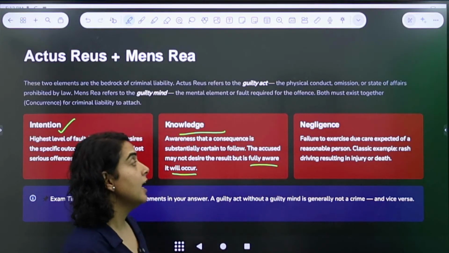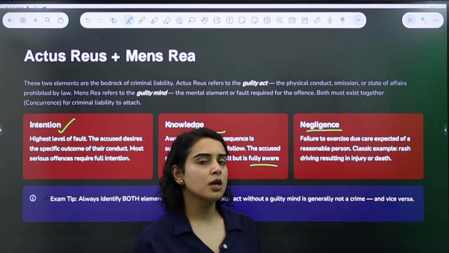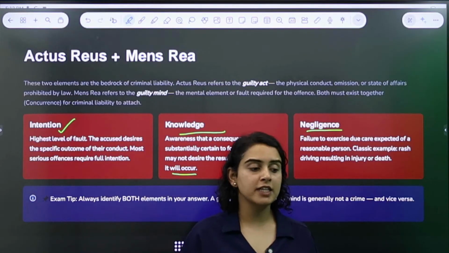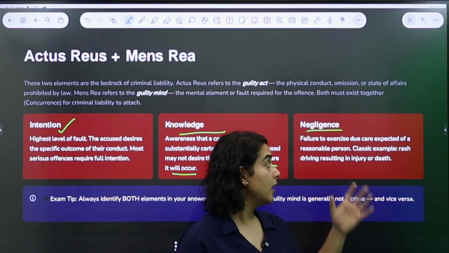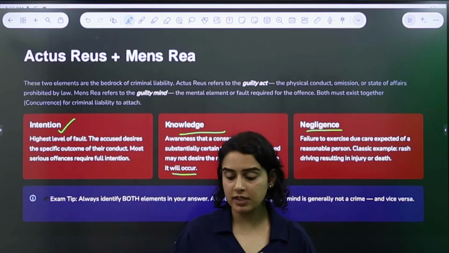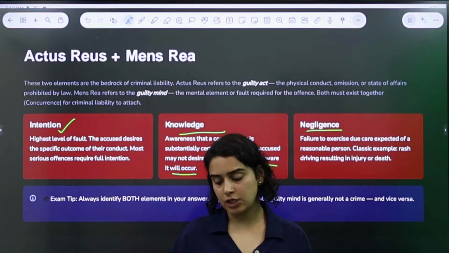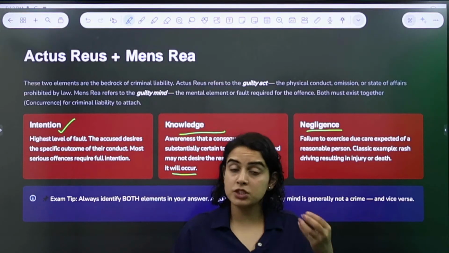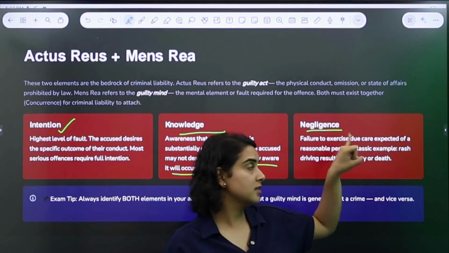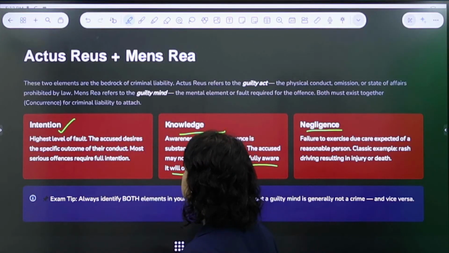And third is negligence. Negligence is where you had no intention or knowledge, but you were just careless. In carelessness, mostly we do not have the intention to do anything wrong, but we still end up hurting someone. For example, rash driving. You know that if you drive rashly, there's always a possibility that you might end up hurting someone. But knowing that, you still keep on driving rashly. That's negligence. So these are the different flavors in which actus reus and mens rea come in, especially mens rea.